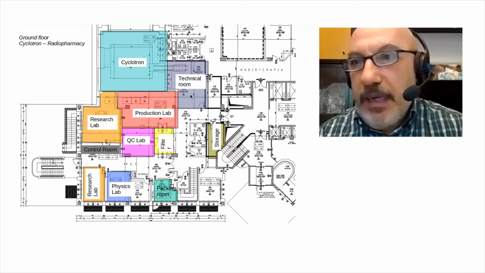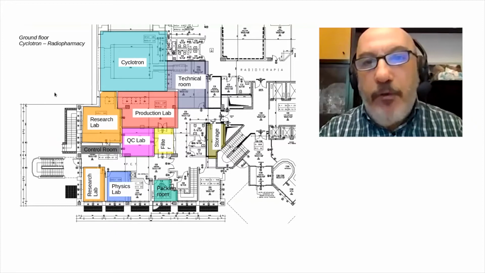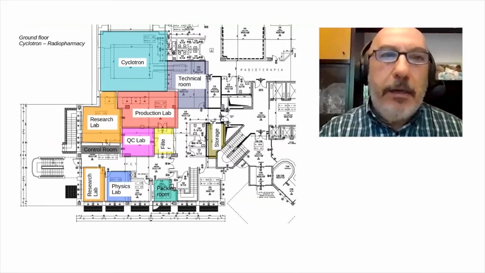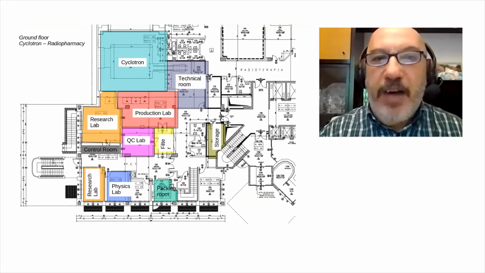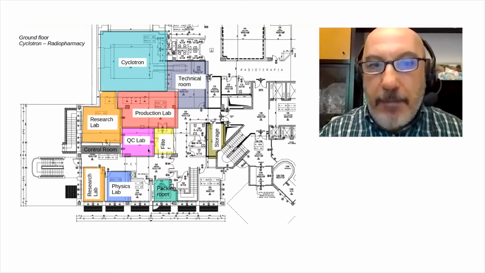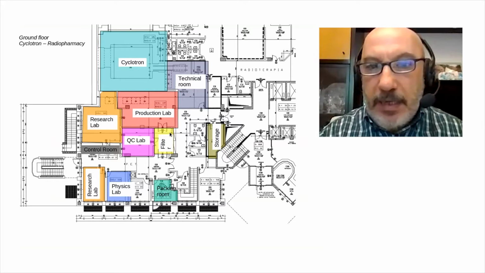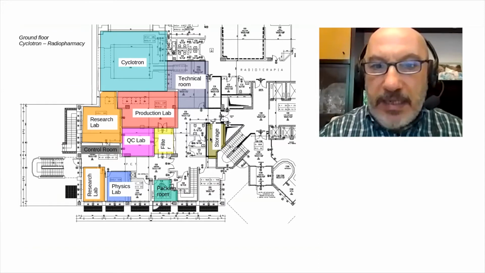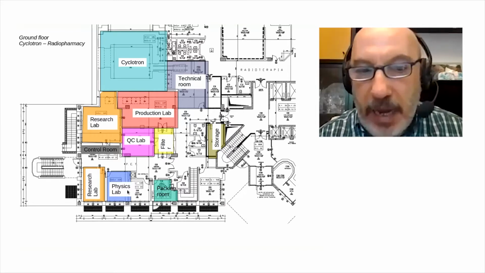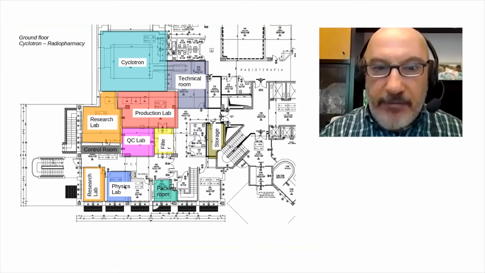And the final 2 slides are just to recap everything and say hello from my side, the Department of Nuclear Medicine in Bologna, from which I came. This is the ground floor, a very big radiopharmacy laboratory, about 500 square meters, including the bunker of the cyclotron with the production lab and the QC lab and the research lab, a filter room in order to enter, allowing a proper pharmaceutical classification, all the necessary ancillary rooms, as well as a physics laboratory with counting equipment for us, the physicists.